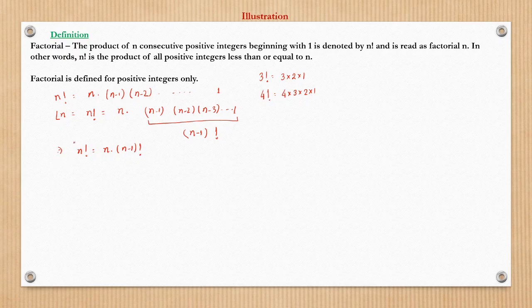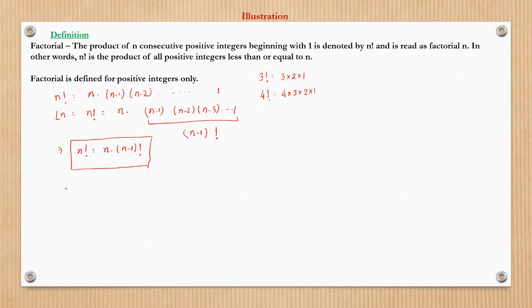So this is also one of the standard relations which we'll make use of quite extensively during this factorial session. So we should be aware of this. Now, one more concept: factorial is defined for only positive integers. That is, we don't define factorial for negative numbers typically. Factorial is typically defined for 1, 2, and so on, though factorial of 0 also exists, that we'll see later on.